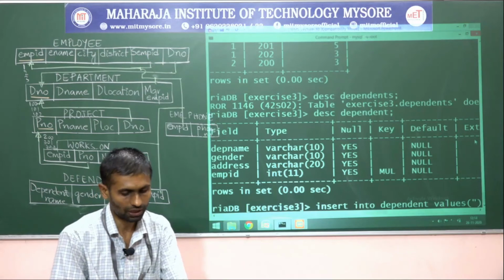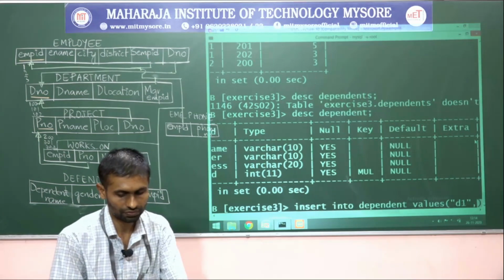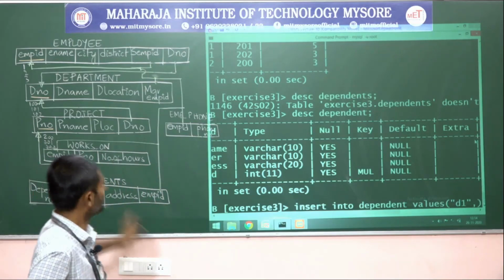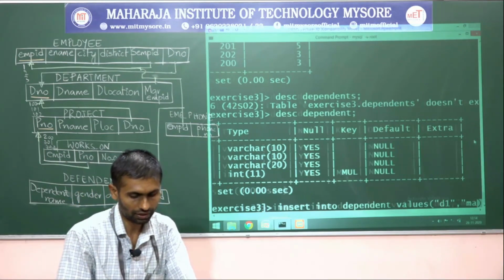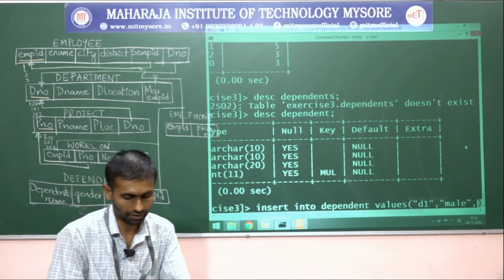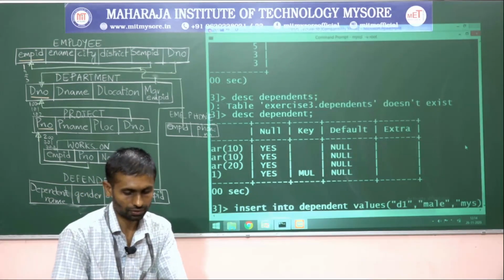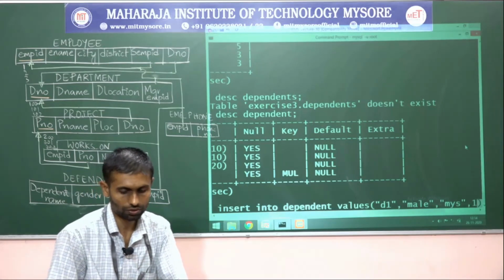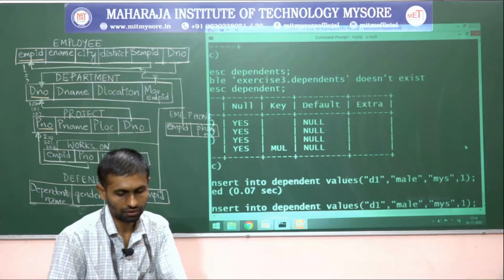Dependent name, let me call it D1, then dependent gender and address, I will write male, then address Mysore, then employee ID, he belongs to employee ID 1, fine.